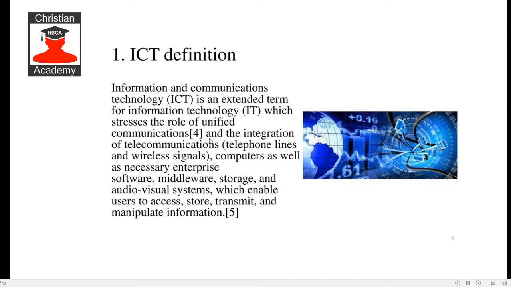Unified meaning that it can happen over a single or multiple DSL, ADSL lines, any form of connection that the clients have, and the integration of telecommunications, telephone lines and wireless signals, computers, as well as the necessary enterprise software, middleware, storage, and audiovisual systems, which enables users to access, store, transmit, and manipulate information. So it's quite a wide term, but it is expected, if you are passing the course, that you at least know what the term ICT means, and that you can